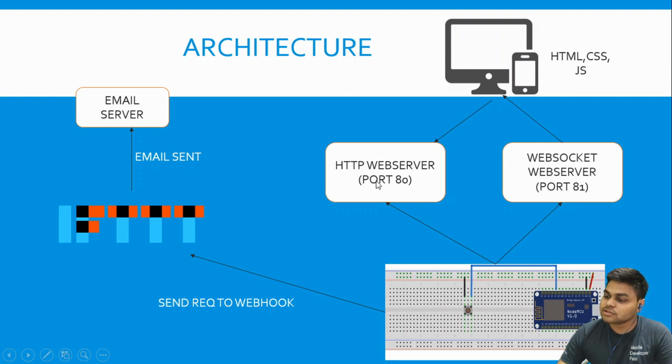Okay, so HTTP by default runs on port 80, that is the common thing, and in this case I am going to run the WebSocket server on the ESP8266 on port 81. So we are using this WebSocket server on a NodeMCU so that we can get this data to our web page, or to any other client connected to the server, without making a new connection for that data.